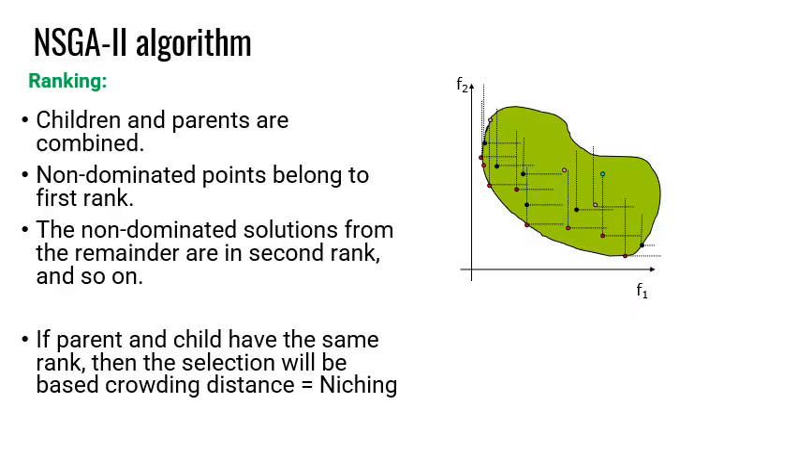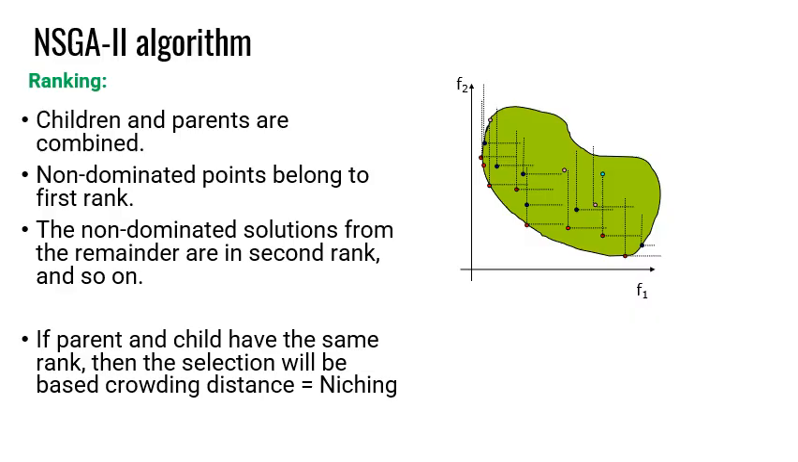Non-dominated points, which are solutions non-dominated by any other solutions in the combined set of parents and children, should belong to the first rank. So the first rank includes the solutions that are not dominated by any other solutions in the list of parents plus children. Then